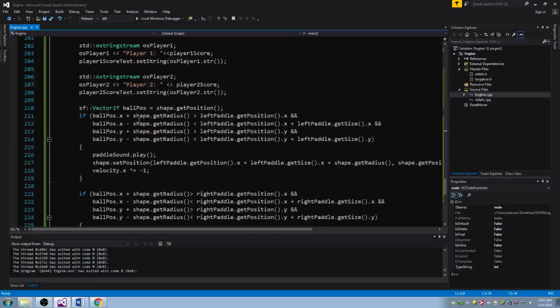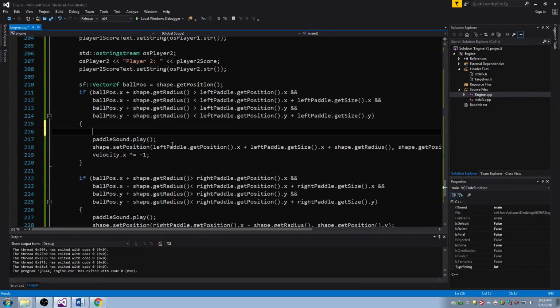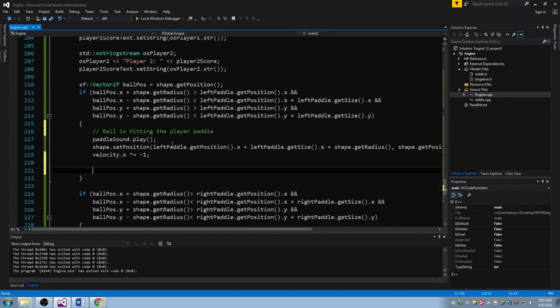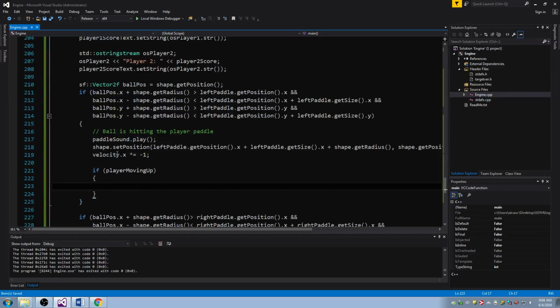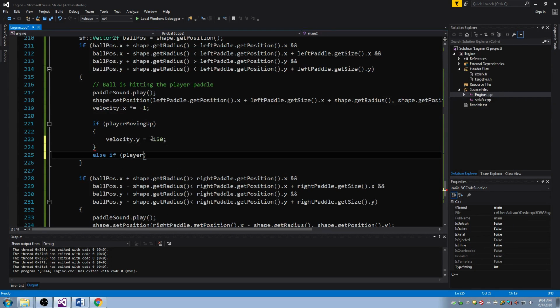So I'm going to use these two. I'm going to go all the way down to where the ball is hitting my paddle here. This is where the ball is hitting the player paddle. And I'm going to say, hey, not only am I going to flip the velocity here, I'm going to say if player is moving up, I'm going to set the velocity always to be equal to negative 150. Else, if the player is moving down,